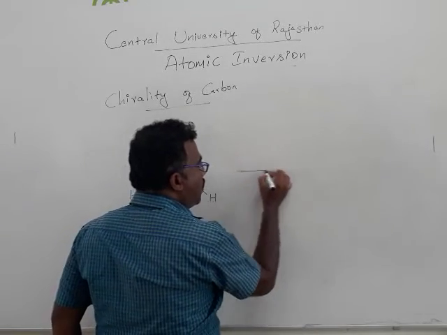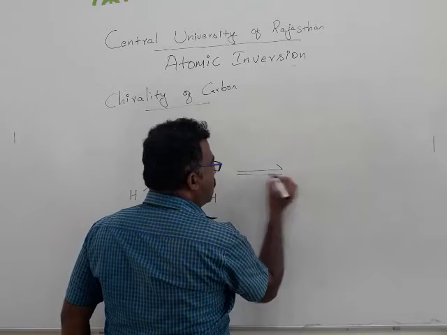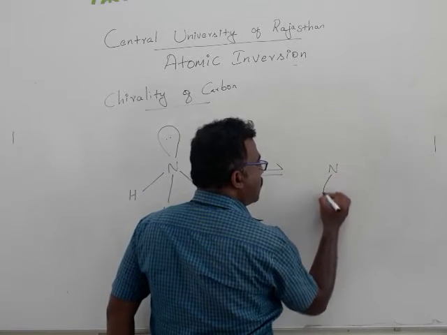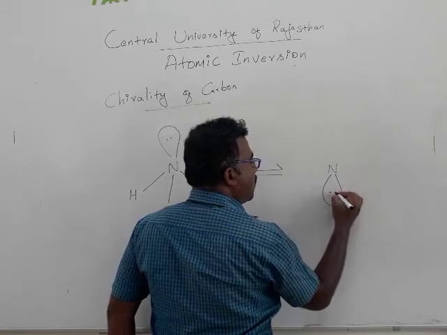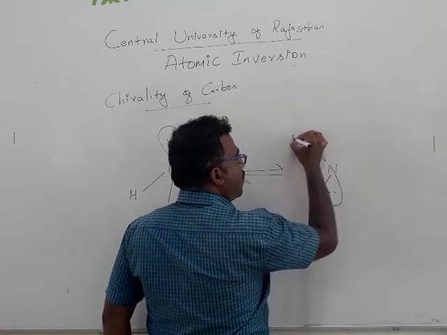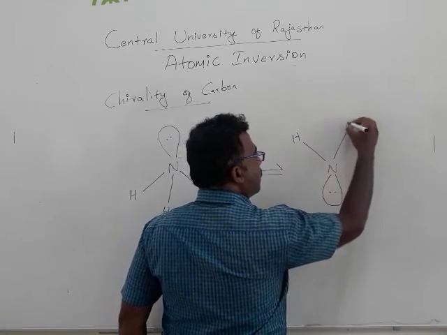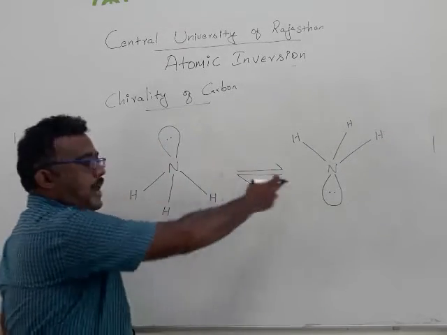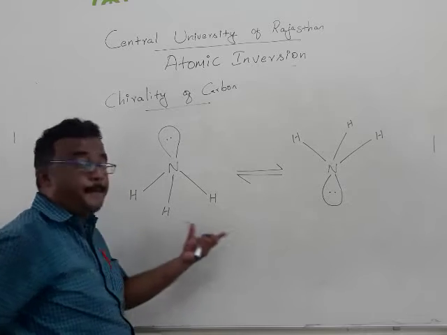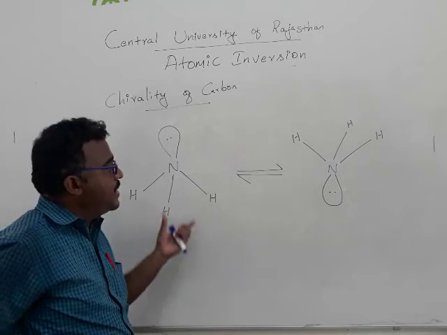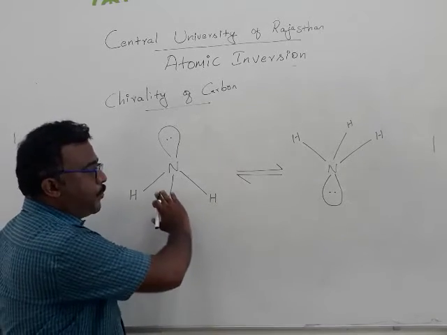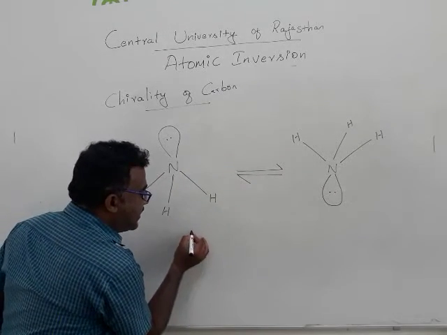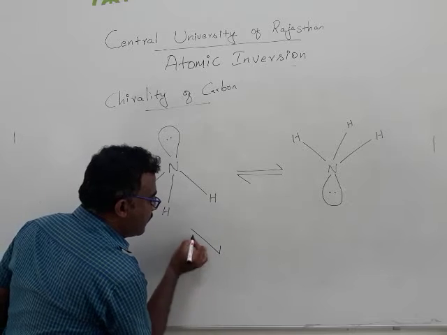It will invert from one form to another form. It can happen at room temperature. How is it happening? It's changing from one form to another form through an intermediate,